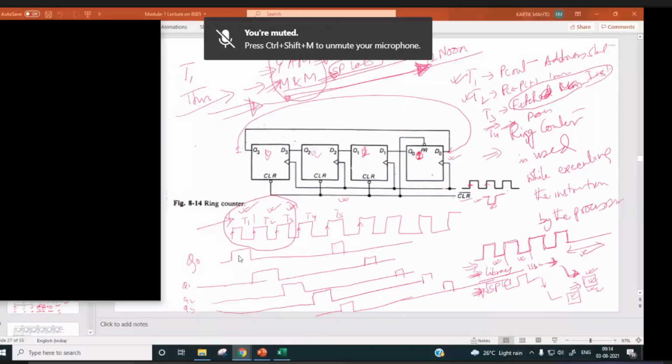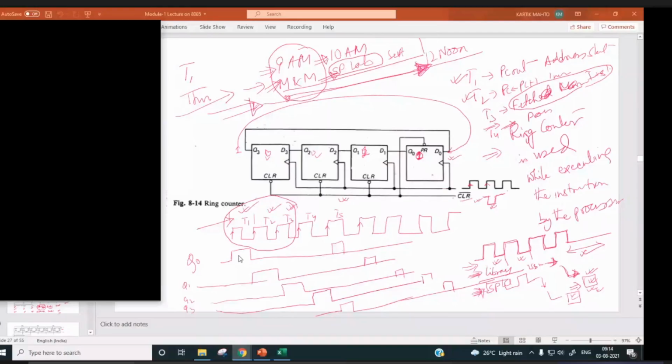So whatever work we are supposed to do during this period will be finished. Then during T2, Q1 will be on. So Q1 will tell us you have to do this. During T3, Q3, right? So this ring counter will be used in SAP-1 architecture. During T1, the program counter will be outed. During T2, the program counter will be incremented. During T3, the instruction from memory will be fetched and stored in the instruction register, and T3 onwards execution of the instruction will start. So this way it is going to synchronize the execution of the instructions.